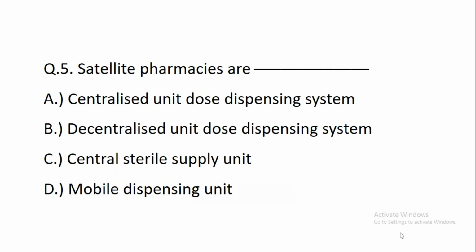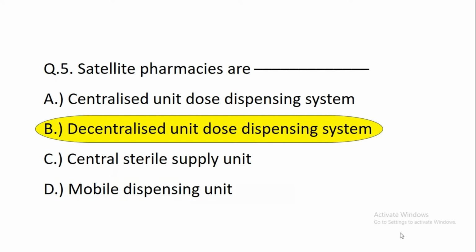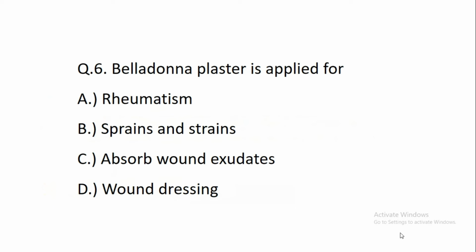Question number 5. Satellite pharmacies are A, centralized unit dose dispensing system; B, decentralized unit dose dispensing system; C, central sterile supply unit; D, mobile dispensing unit. The answer is decentralized unit dose dispensing system. Sixth question. Belladonna plaster is applied for rheumatism, A, B, sprains and strains; C, absorb wound exudes; D, wound dressing. The answer is